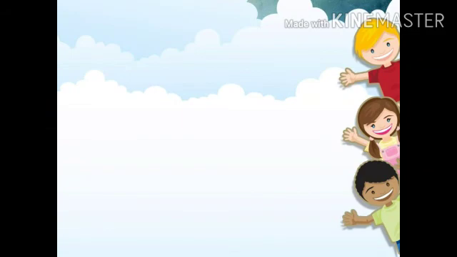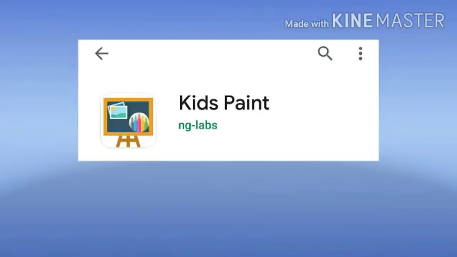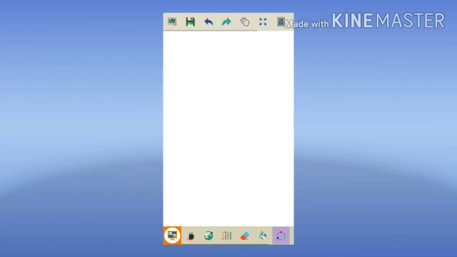Kids, I know many of you don't have a laptop or a desktop for practice, and you might be thinking how you're going to practice this, right? So, for that, I have a solution. You can download an app from the Play Store. Which application and how to do that, all the options I will give. Kids Paint. This is the app you have to download through your Play Store. Once you download it, just click on open, then this screen will be displayed to you.